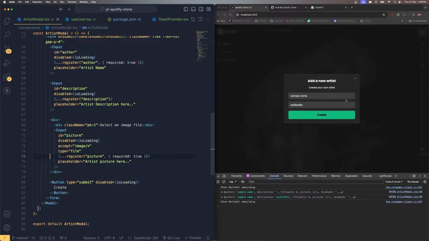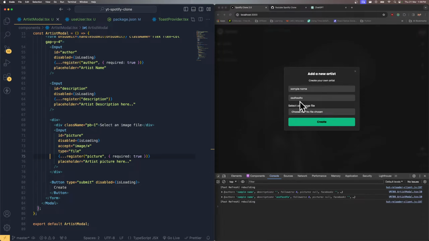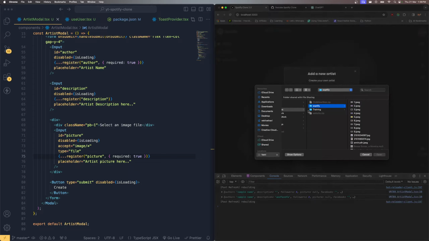So save these changes. Now you should be able to see this. Even if I have the value, if I click right now, you can see that the required field is missing. That's the reason we are not getting anything. Now if I click this and choose any artist image from here,